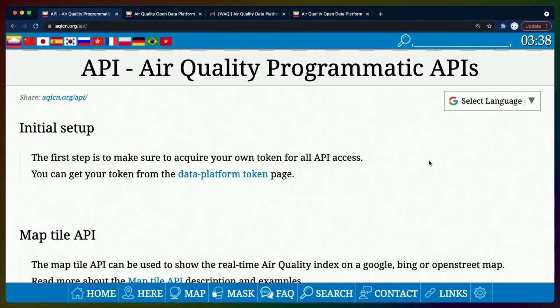Today we're going to be working on a CLI application in Rust that will get us the weather and air quality for any given place that we are. So the air quality API that we're going to use is